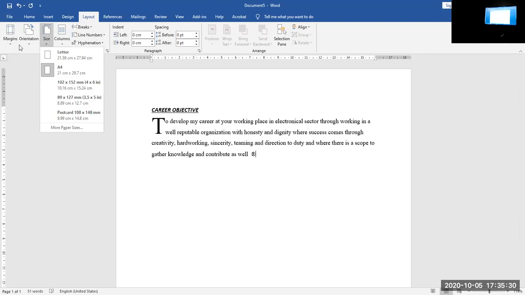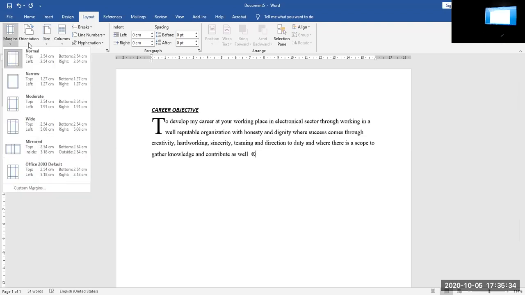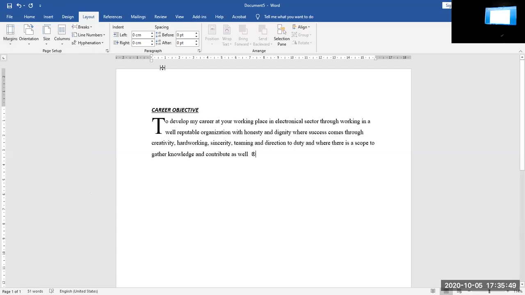But get me correct. Margins, for example, the default margin that is applied currently is the normal format, whereby it's having 2.54 centimeter, and all. Otherwise, by inches, this is 1 inch, 1 inch, 1 inch. That is the measurement from the edge of the paper to where you have started writing, on the top, bottom,